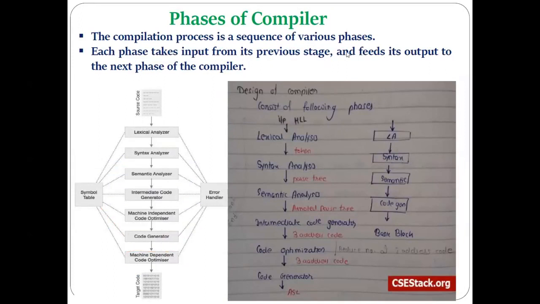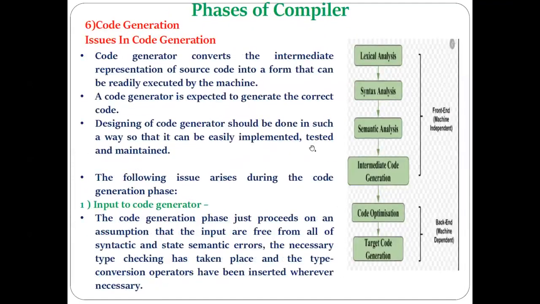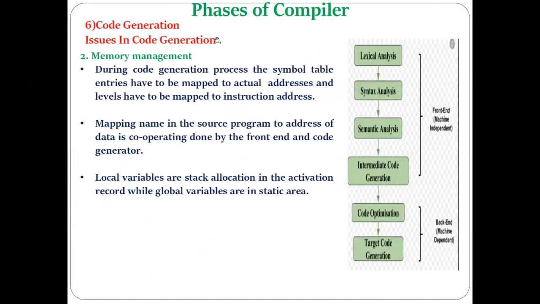Okay, so why is it required to refer to the symbol table while doing memory management? Because the code generator phase also needs to do the memory allocation for the different symbols present in that particular program. Now how can the memory allocation be done? In order to do the memory allocation, the code generator phase must know the data type of the different symbols, what is the size of the memory that will be required, etc. So all of that is done in this target code generation phase, that is the memory management.